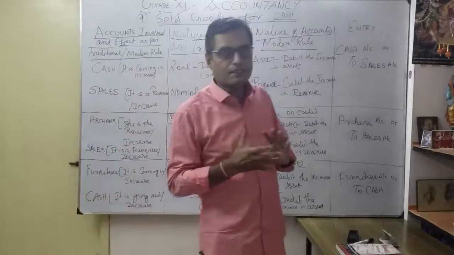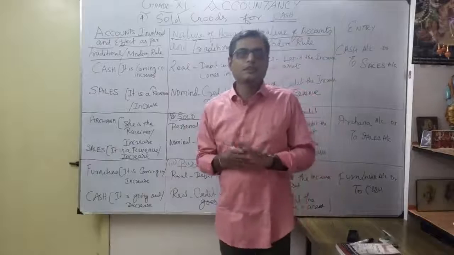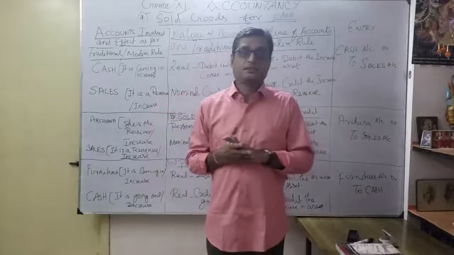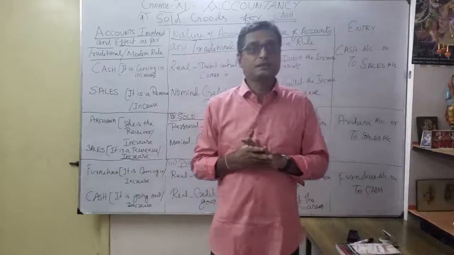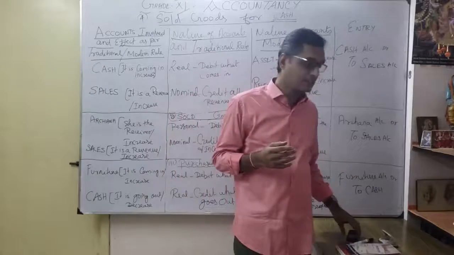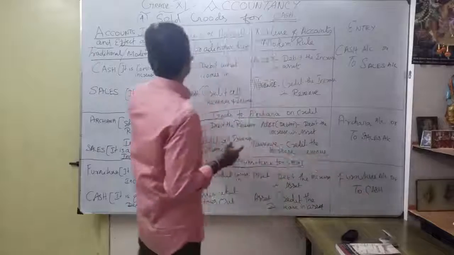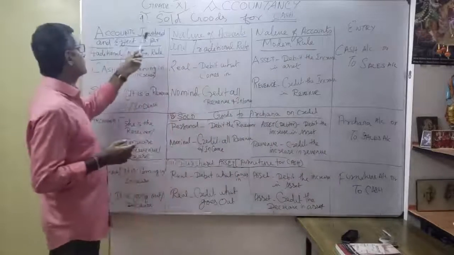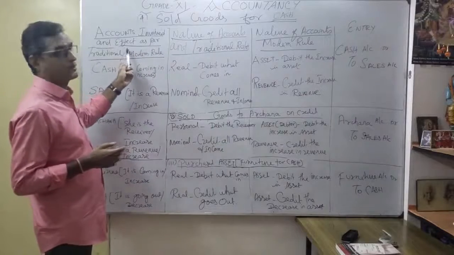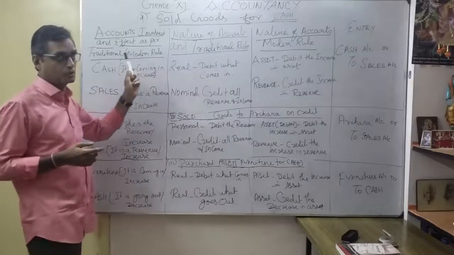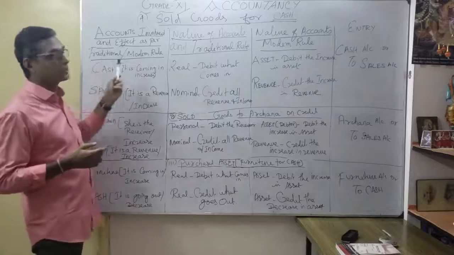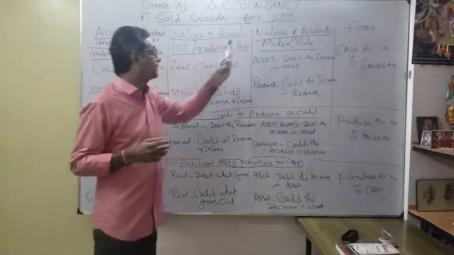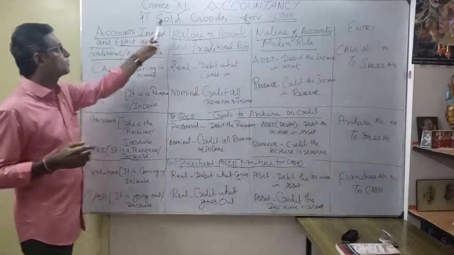So, okay, we discussed the traditional approach and modern approach for capital introduction, then purchases as cash purchases and credit purchases. Now see the fourth transaction in the same manner. So what is that? Sold goods for cash. Okay, coming under accounts involved and effect as per traditional and modern rule. See, as traditional and modern rule, you know that two elements are involved. One is cash. Okay, thereafter sales, because sold goods.